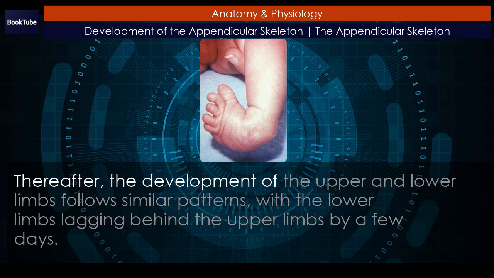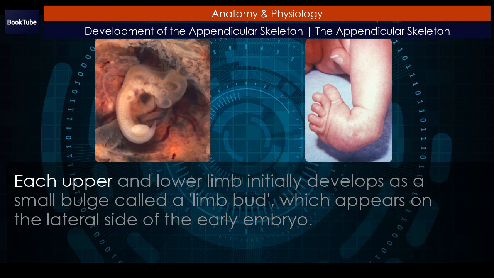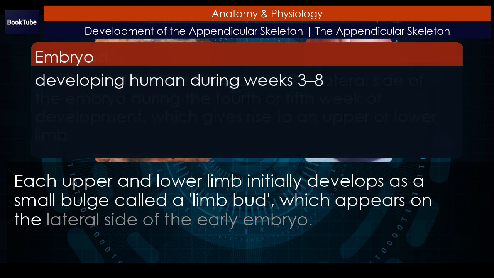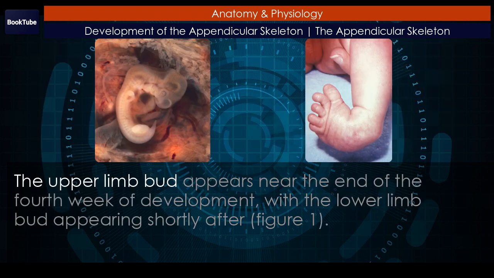Thereafter, the development of the upper and lower limbs follows similar patterns, with the lower limbs lagging behind the upper limbs by a few days. Limb growth. Each upper and lower limb initially develops as a small bulge called a limb bud, which appears on the lateral side of the early embryo. The upper limb bud appears near the end of the fourth week of development, with the lower limb bud appearing